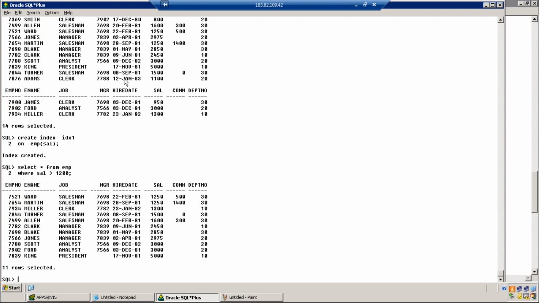When there are 14 million rows, if the query takes 1 minute before the index, after the index it will take some 10 or 15 seconds. So an index helps in improving the performance of the query. More than 90% of the performance can be increased by using the concept of an index.